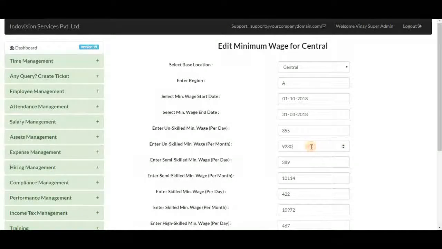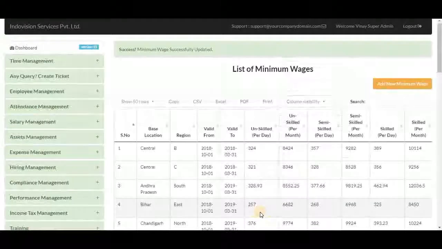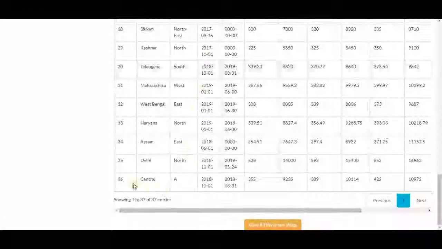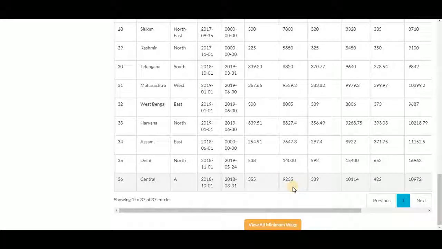For example, if we update it, success, minimum wage successfully updated. Here it is. This is the value that we have updated. And to view all minimum wage,